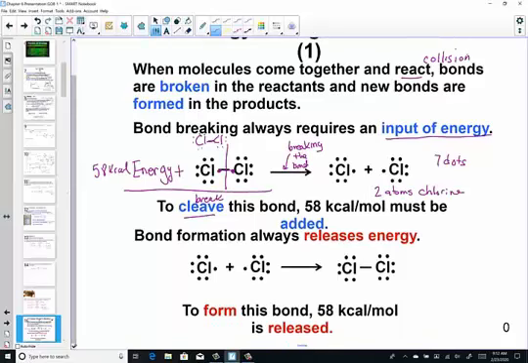And now just flip that around. Let's put it back together. So here we're breaking bonds, here we're forming bonds. To form a bond releases energy. Releasing energy means the energy that it takes to store that, putting it back together, is now released. So I'm going to just put that over on this side to remind us that 58 kcals of energy is released on this side of the arrow, and it's going to be absorbed on this side of the arrow.